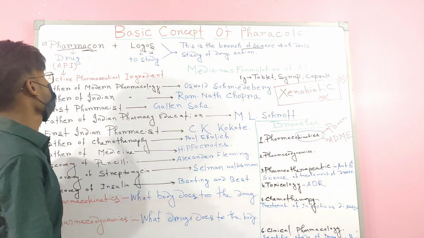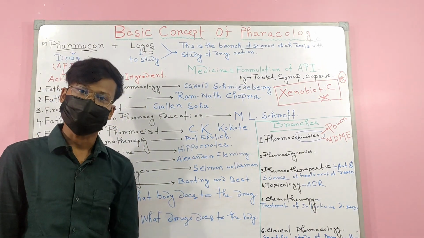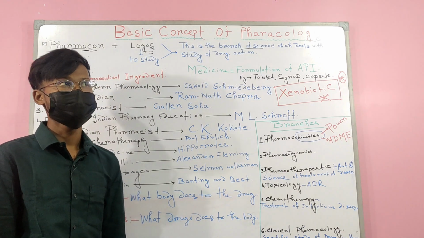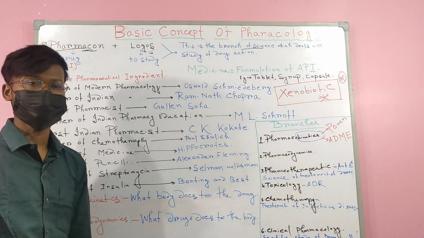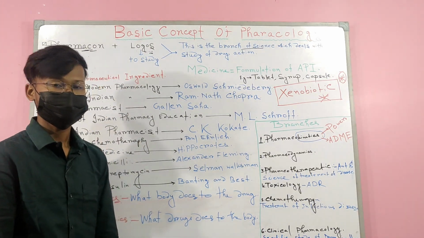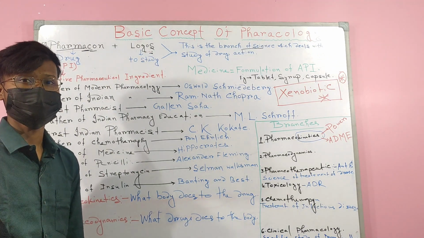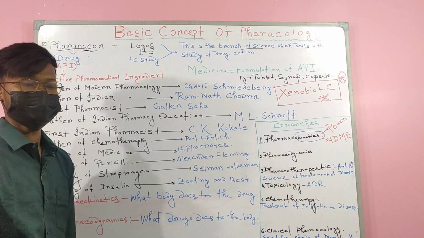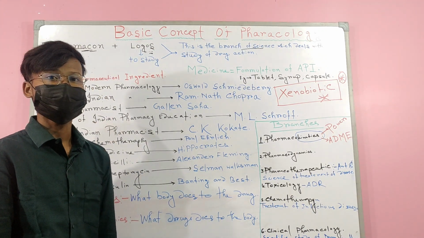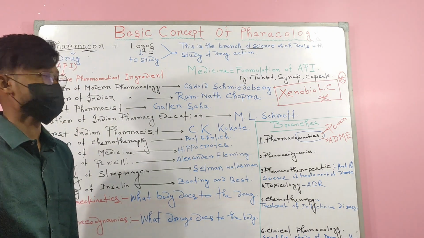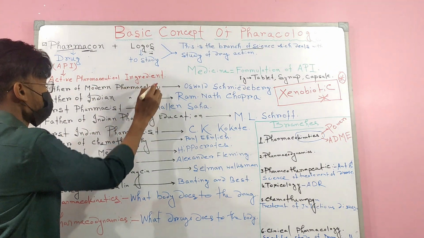Okay, then what is a drug? A drug is any substance or molecule which is used or is intended to be used to explore, modify physiological state or pathological system for the benefit of the recipient. This is the definition of drug. In a simple way, we can say drug means API, active pharmaceutical ingredient.